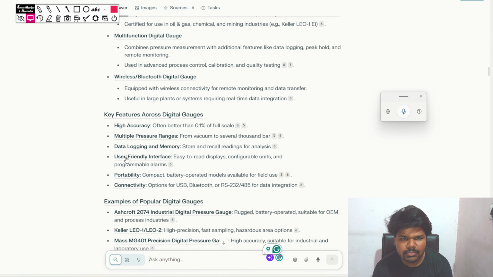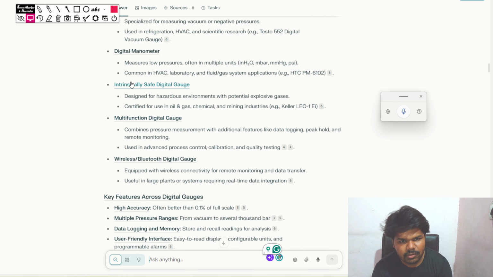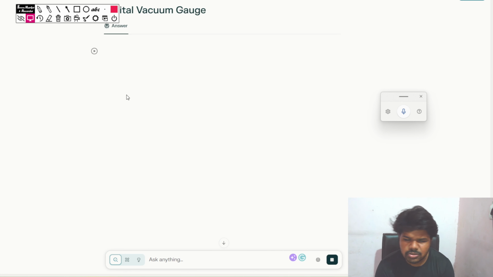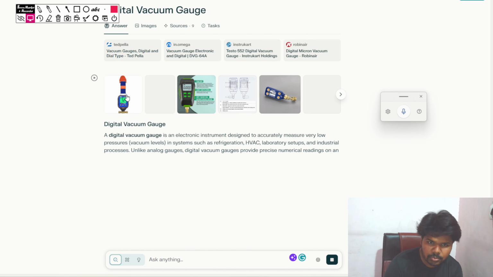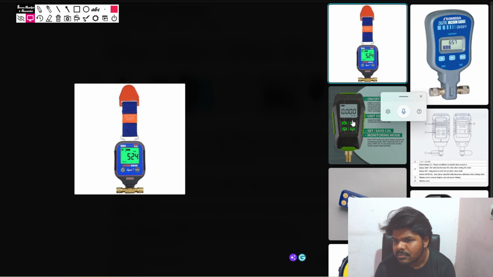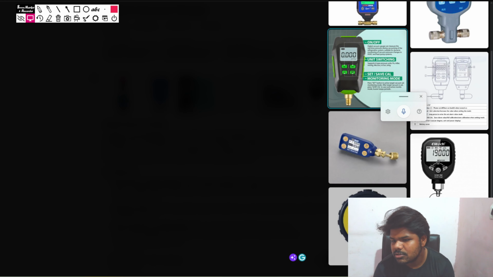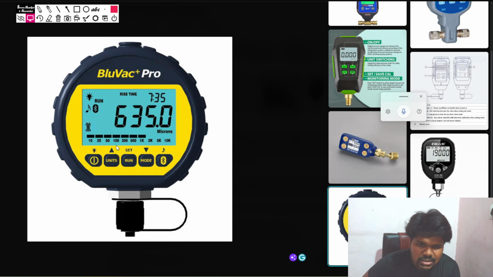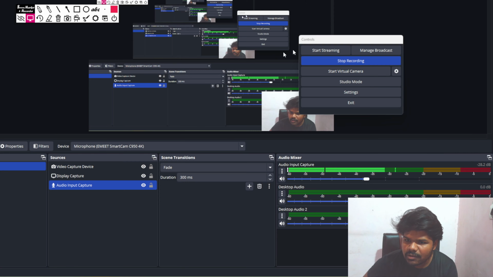We have also seen digital vacuum gauges. These are gauges that show vacuum pressure, and they are called digital vacuum gauges, like this one and this one you can see. These gauges are in microns, as we have shown. So I hope you gained some knowledge related to pressure. I know the video is very long, but